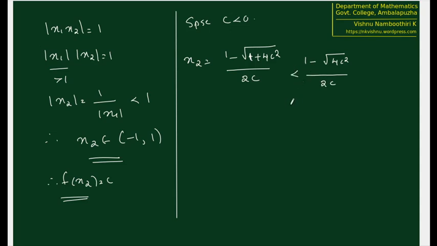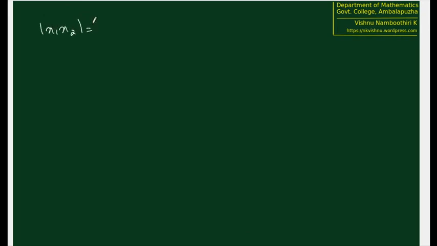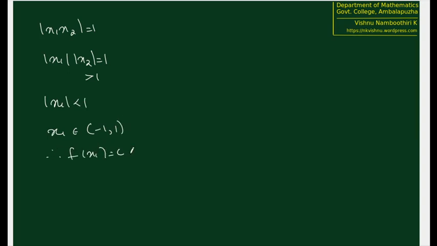Therefore, it is this. This is equal to (1 minus 2c) by 2c, which is equal to 1 by 2c minus 1, or this is equal to minus 1 plus 1 by 2c, and this is a negative quantity. So minus 1 plus a negative quantity is going to be something less than minus 1, because it's going to be lying to the left of minus 1. We are adding a negative quantity to minus 1. Therefore, x2 is less than minus 1. Therefore, mod x2 must be greater than 1. And again, mod x1 times mod x2 equal to 1. This is greater than 1. Therefore, mod x1 must be less than 1, or x1 must be in the interval (-1, 1). Therefore, f of x1 equal to c is the solution. x1 is the solution